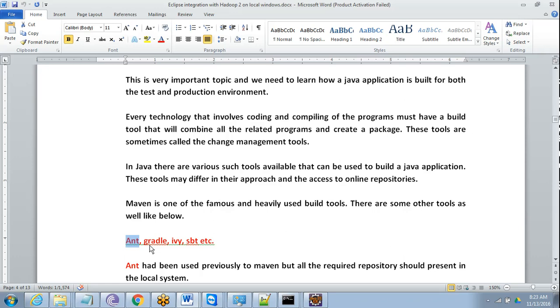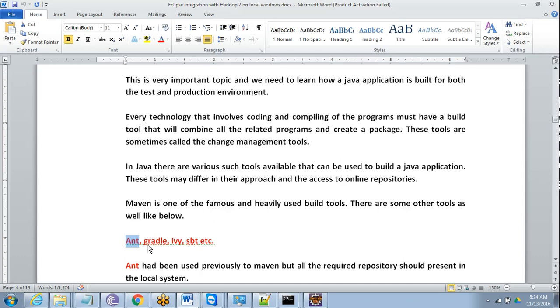Because for a Mapreduce application we need a job class, a file input format class, a file output format class, a text class, an int writable class, a long writable class. There are multiple classes that we require to write Mapreduce code. But where will we find them? Either we should have them downloaded and put somewhere, and then ask our Eclipse to refer to that place, or we can get them downloaded as and when we build our